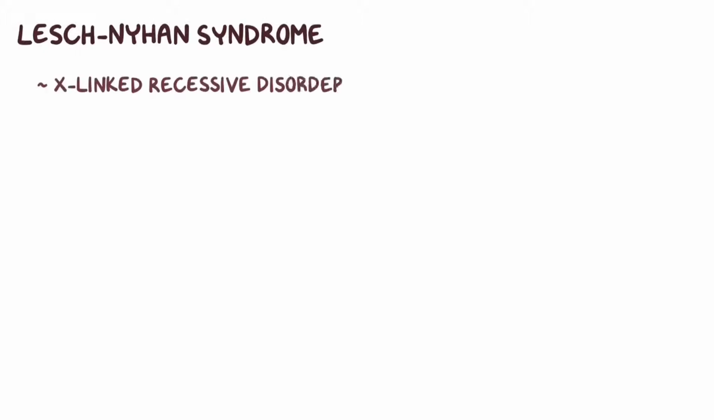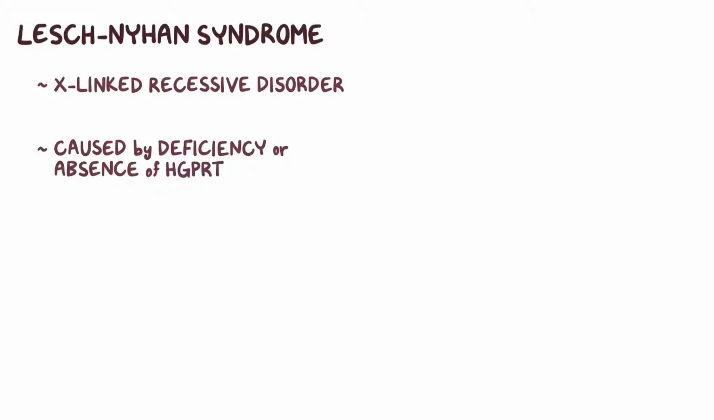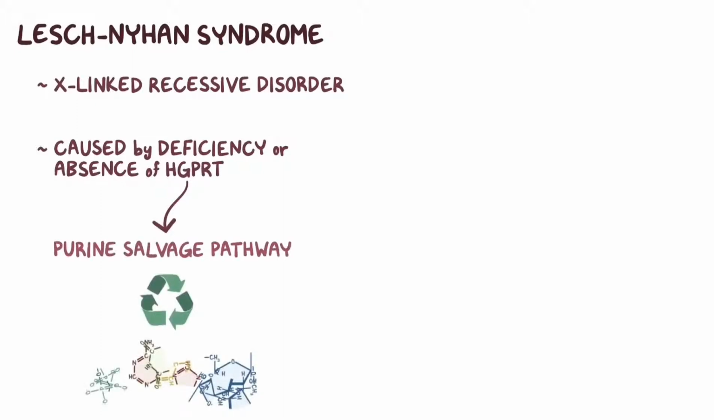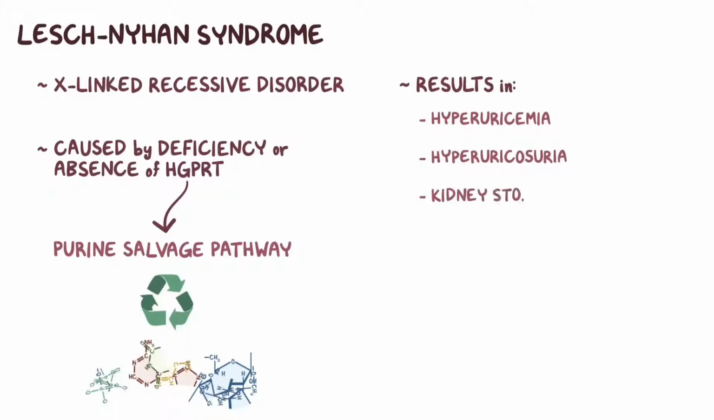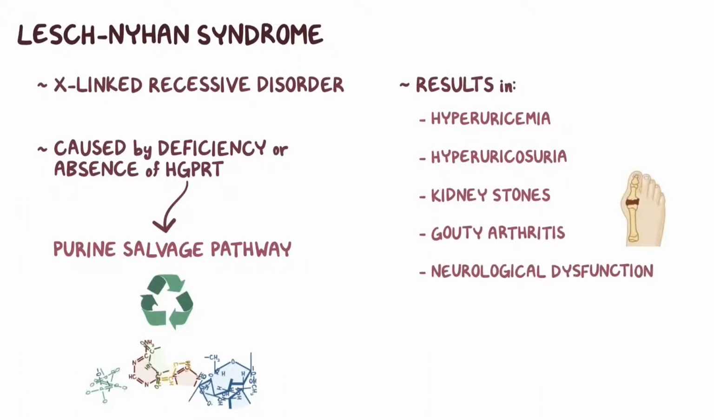Alright, as a quick recap. Lesch-Nyhan syndrome is an X-linked recessive disorder caused by a deficiency or absence of the enzyme hypoxanthine guanine phosphoribosyl transferase, or HGPRT for short, which takes part in the purine salvage pathway. The result is hyperuricemia and hyperuricosuria, which leads to kidney stones, gouty arthritis, and neurological dysfunction, like movement disorders and behavioral disturbances, including